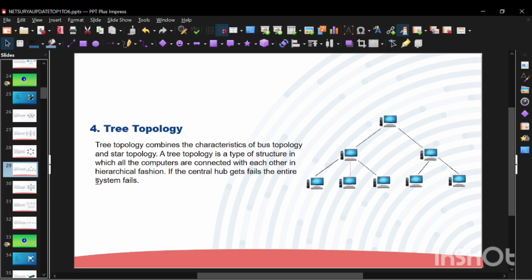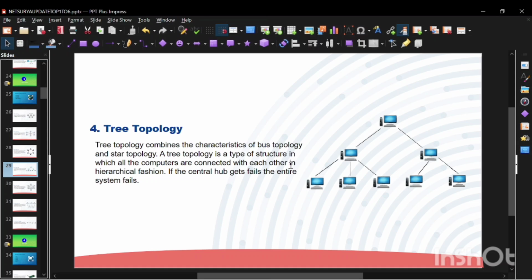Tree topology is used in large companies and educational institutions where different departments need their own local setup, but also need to stay connected to a central network, right? Think of a university where each department has its own small network like a star.